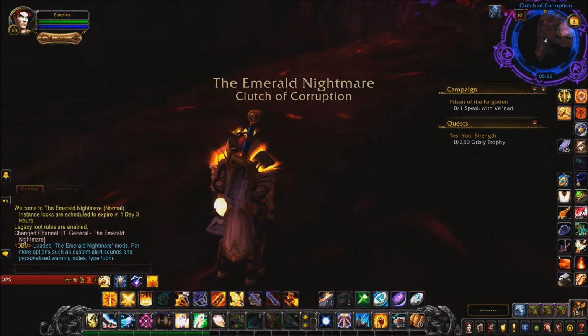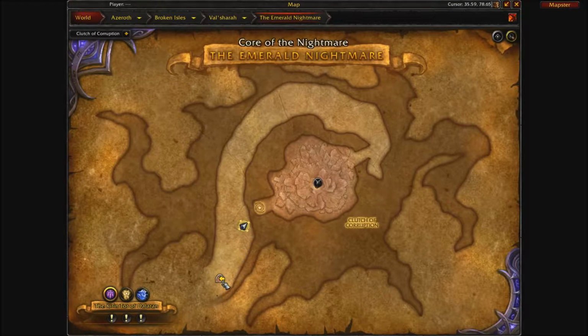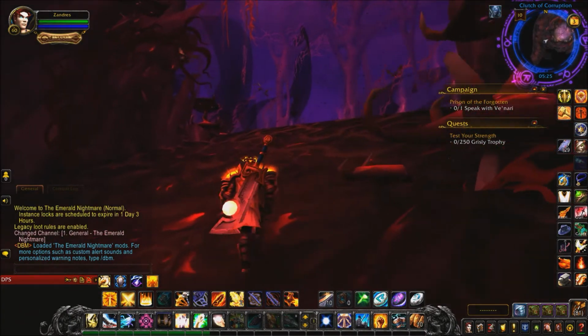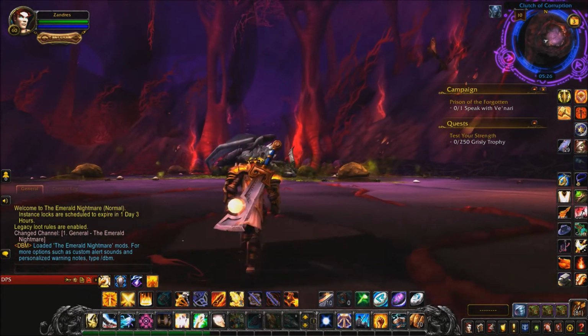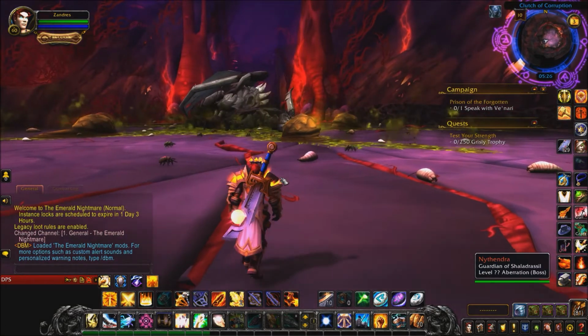So here we are in the Emerald Nightmare. Here's the map. We come right here. We need to come up this ramp and enter our first boss, which is Nithrendria. And there were no dragons on Draenor. And if you remember from BlizzCon when they announced Legion, it was actually at Gamescom, I think,